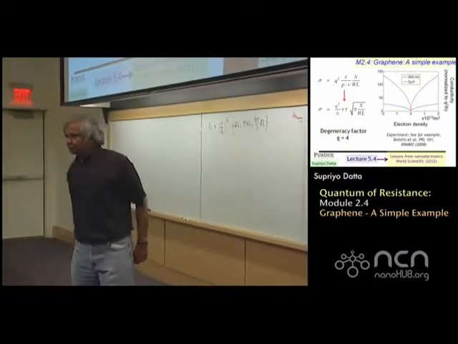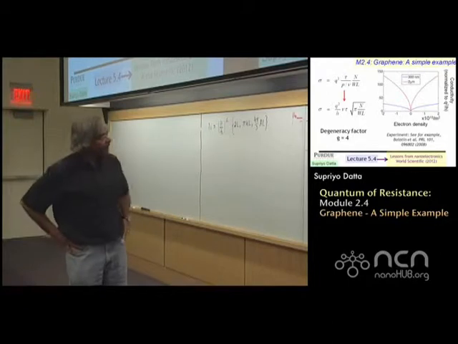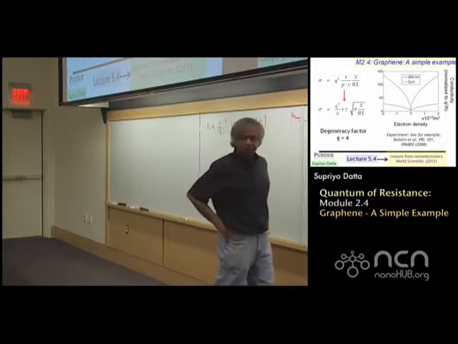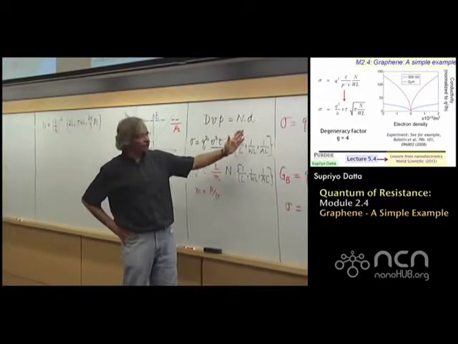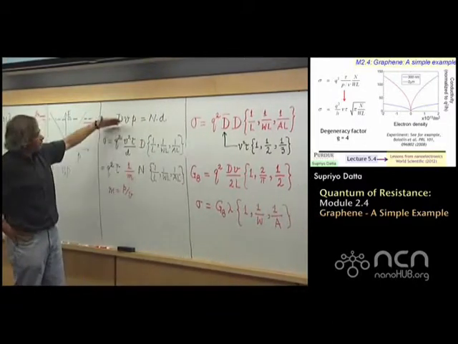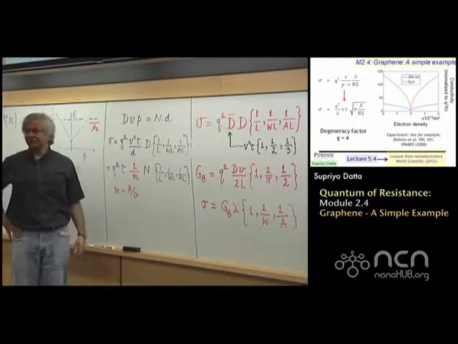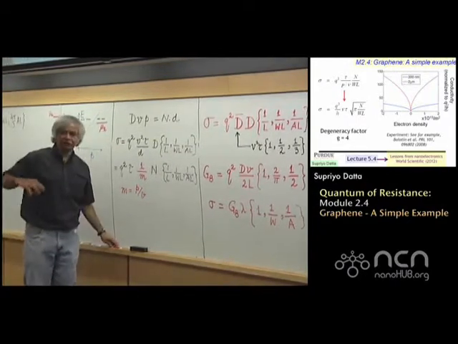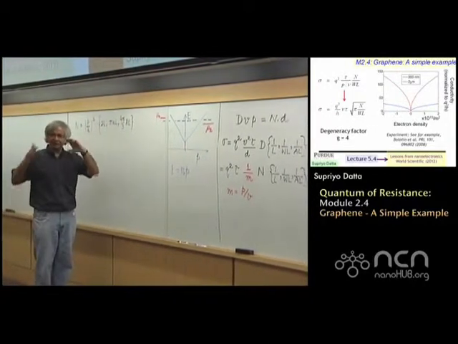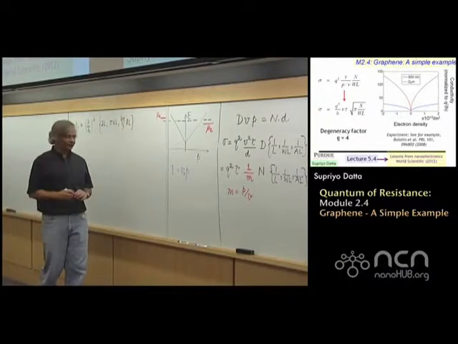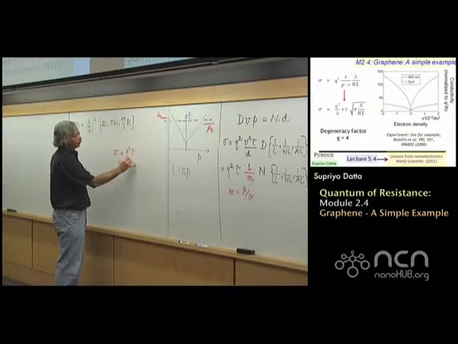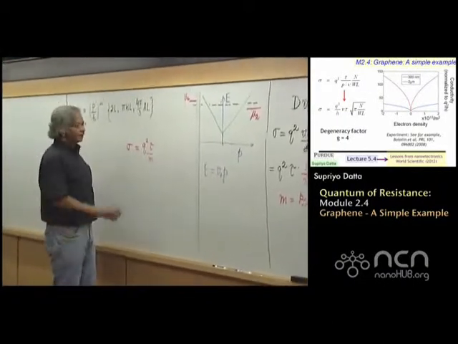Welcome to module 2.4 of the second week. Just to remind you, what we discussed in the last module was we took our expression for conductivity that we had obtained last week and showed how you could connect it to the standard Drude formula, the one that you learn in freshman physics, the one that most of us carry in our head and that usually shapes our thinking, namely that sigma is equal to q squared tau over m times the density